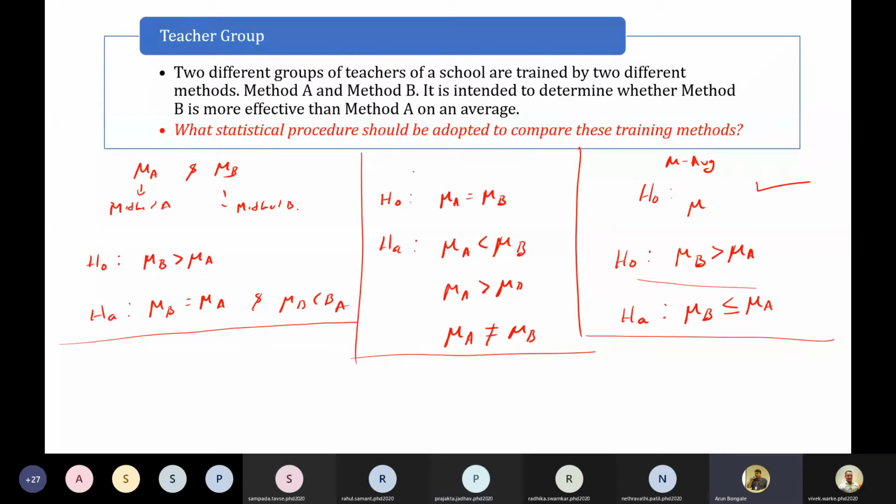Sir, I'm Rahul Patil. In my opinion, the null hypothesis is that there is no correlation between the two terms, or we have no connection between the two terms. So if method A and method B are equal, we cannot find a correlation between the two. But in the alternative hypothesis, we can clearly find out that if method B is greater than method A, then it is more effective, or the other part can be that it is less than method A. In that way, we can work.